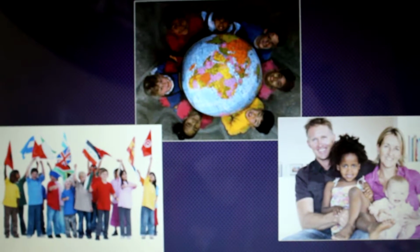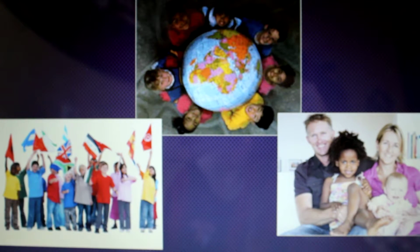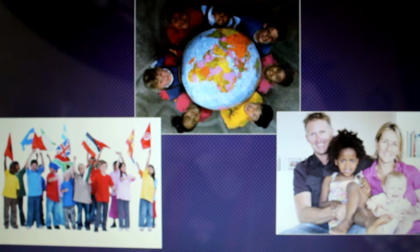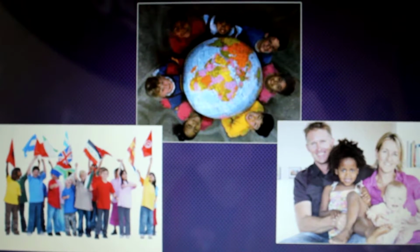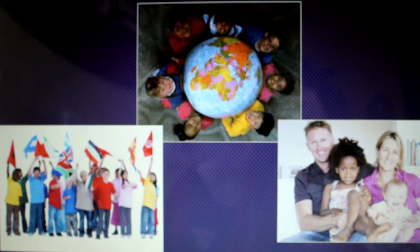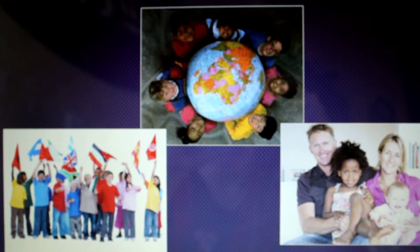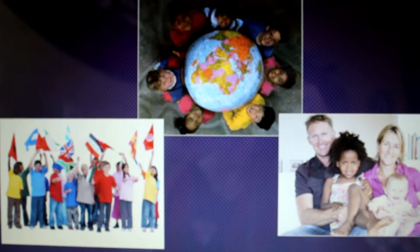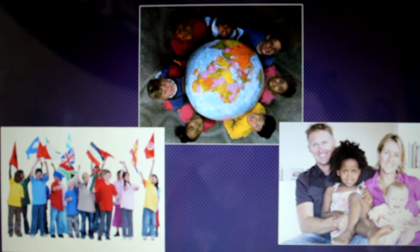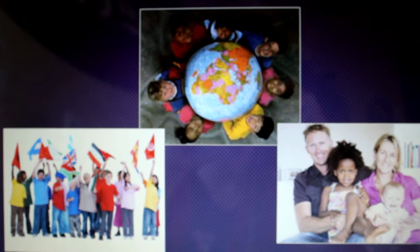International adoption is the process where a couple or single parent adopts a child from another country, and they acquire permanent legal means with this child. It is where the adopting parents bring a child to their living country and they live with them permanently. International adoption is a little different than domestic adoption. However, they both consist of legal transfer of parental rights and responsibilities from the child's birth parents to a new